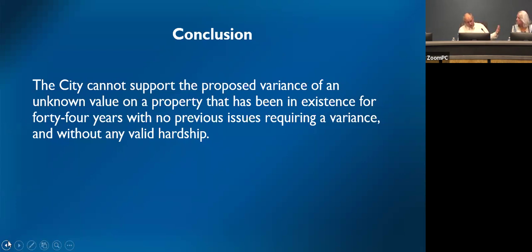And so when we determine whether or not a property hardship exists, we have to determine, is the hardship self-imposed? Is the hardship unique to the property? It can't be financial in nature. And it can't include a property that cannot be used for highest and best use or for frustrated development objectives. It's got to be something that you can't reasonably use the property for. So with that in mind,